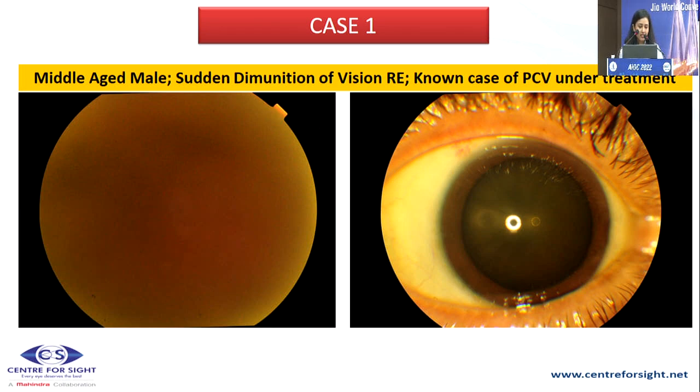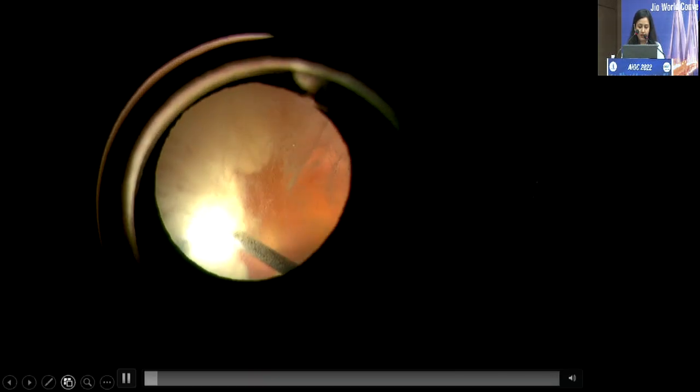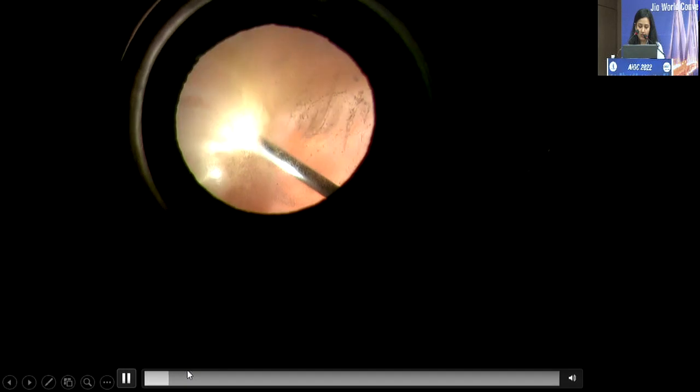So this is a first case. This is a patient, a middle-aged male, who presented to us with diminution of vision in the right eye. There was vitreous hemorrhage, as can be seen here, which was confirmed on ultrasonography, and the patient was taken up for pars plana vitrectomy. Upon clearing up of the vitreous hemorrhage up to the extent possible,